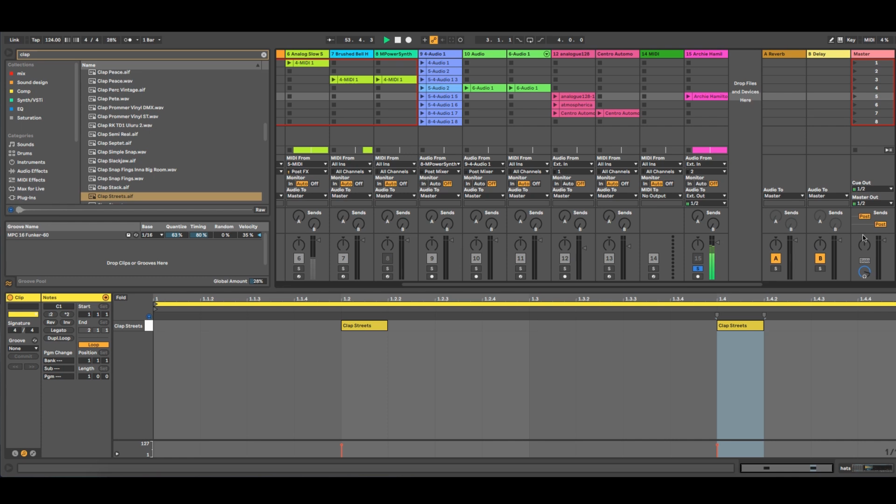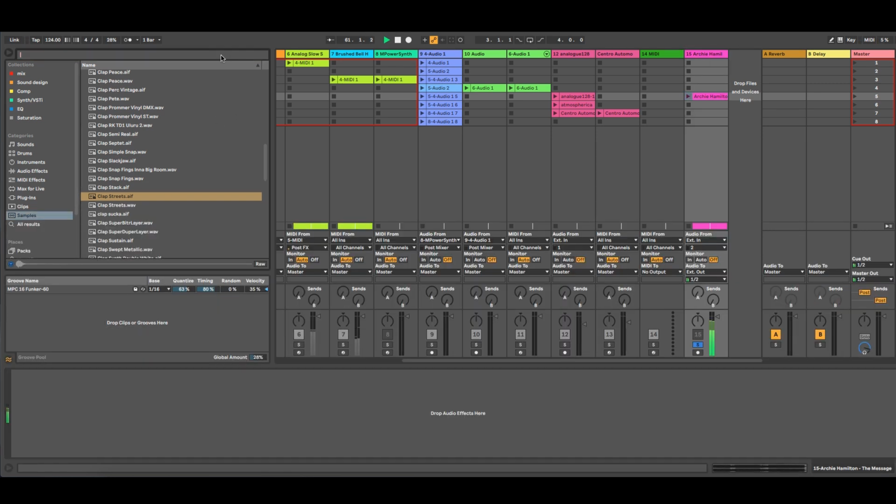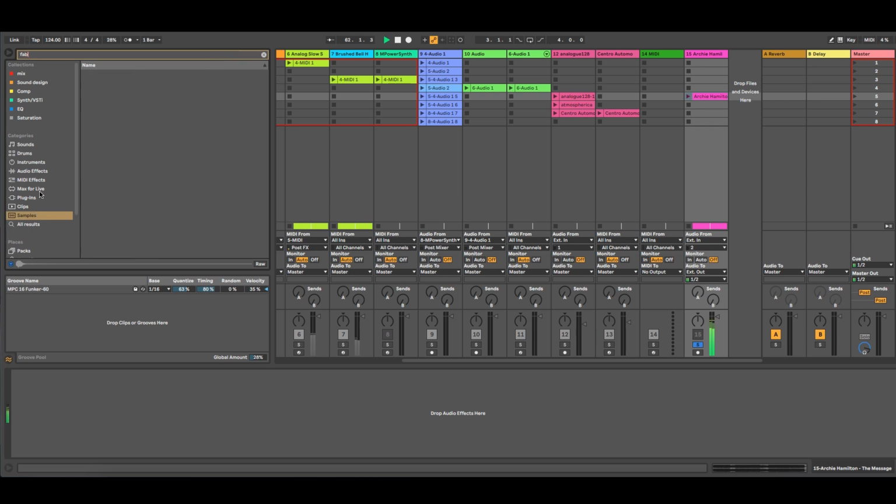See, these hats are lower in volume, so I'm going to drop it. I'm going to put the volume at roughly like mine. Okay, so it's going all the way up.